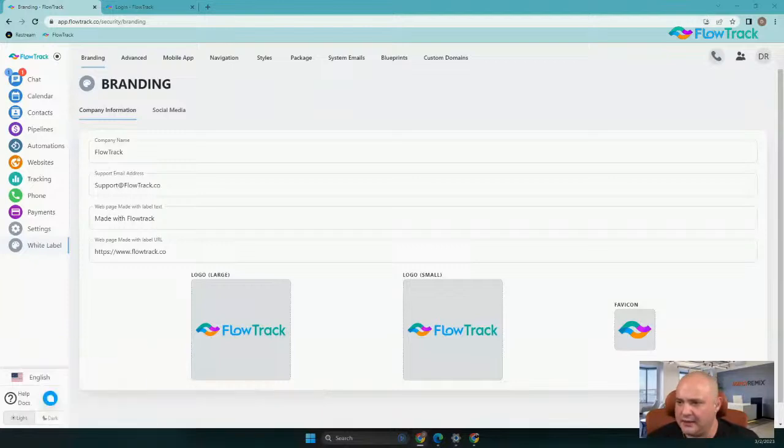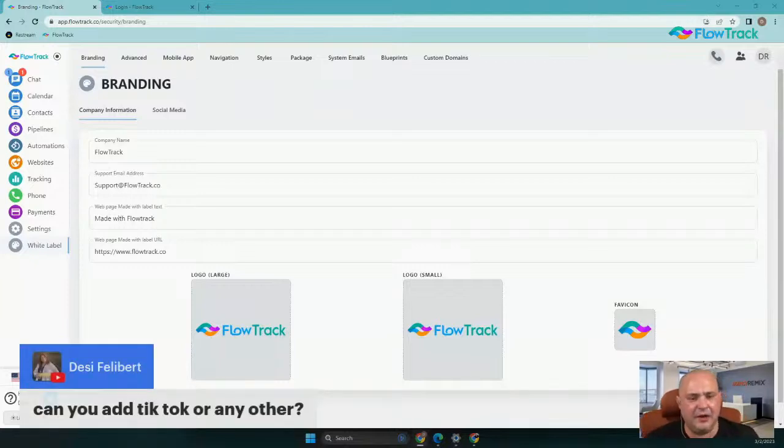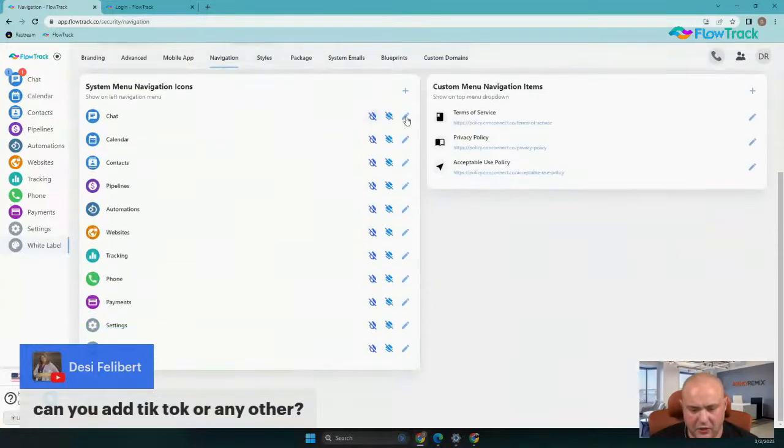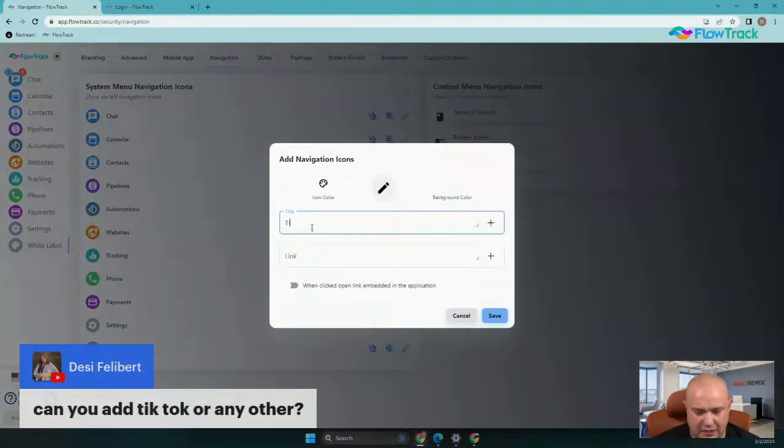Okay. Let's see here. Question: can you add TikTok or any other, Desi? I believe you brought that up when I was going over the left menu links here. You can add any URL you want, and depending, let me go to the navigation here, and I'm going to go ahead and create a quick TikTok, right? I'm going to put in a URL that I assume is tiktok.com. Okay, and really this is the decision you have to make here. I'm going to leave this off, okay? Because if I leave it off and I save it,